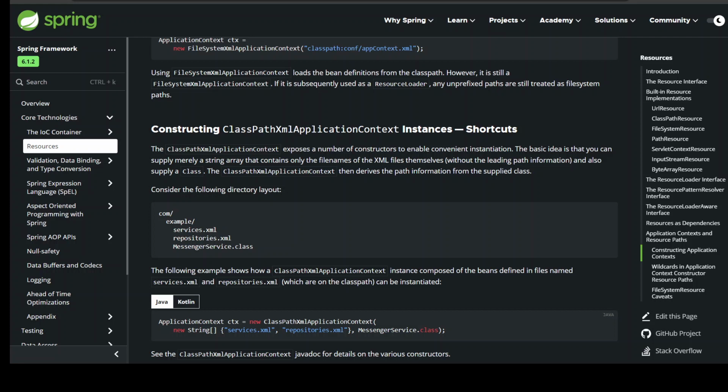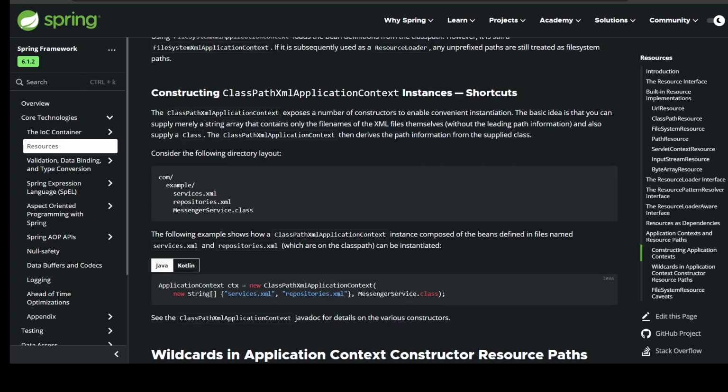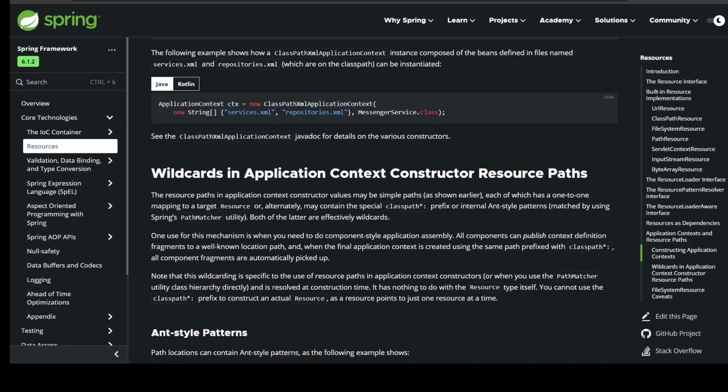com/examples/services.xml, repositories.xml, messenger service.class. The following example shows how a ClassPathXmlApplicationContext instance composed of the beans defined in files named services.xml and repositories.xml, which are on the class path, can be instantiated. ApplicationContext ctx = new ClassPathXmlApplicationContext(new String[